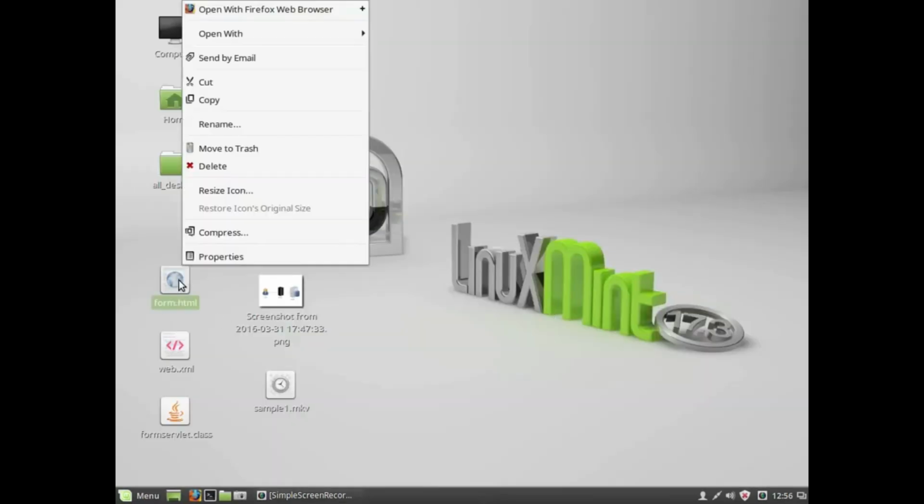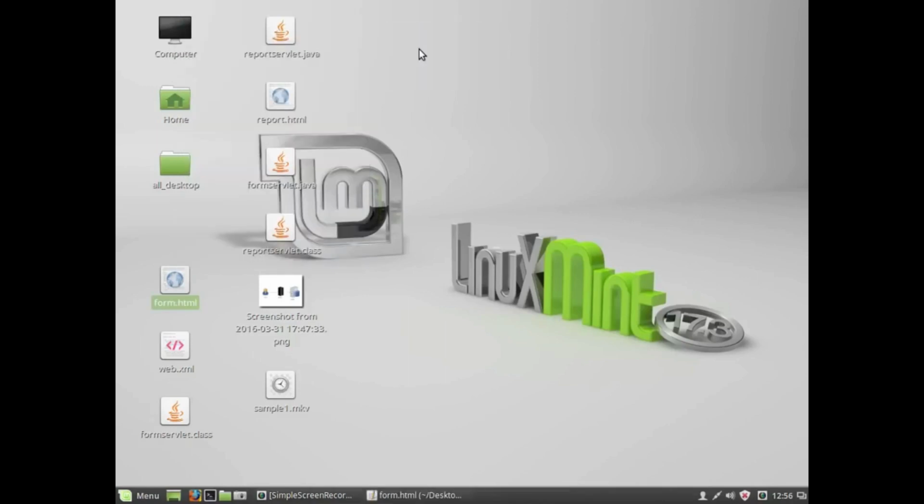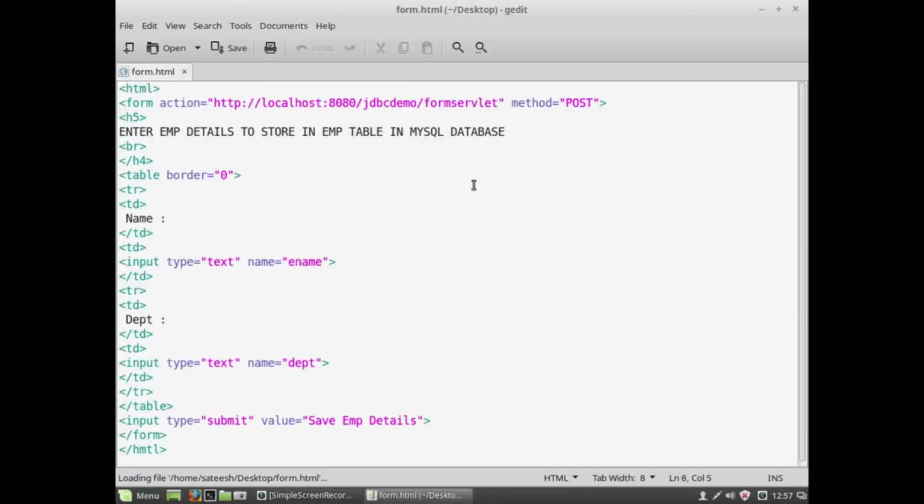Let us see the source code of these two HTML files. When I press the submit button in the form, what is happening? I have written an action so that the request will be redirected to FormServlet. This is a servlet that I have created in order to take input from this particular form. We need to write this FormServlet program. It's a Java file and we need to host it in Apache Tomcat.